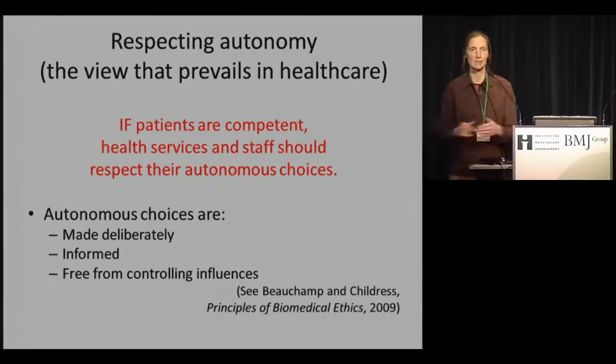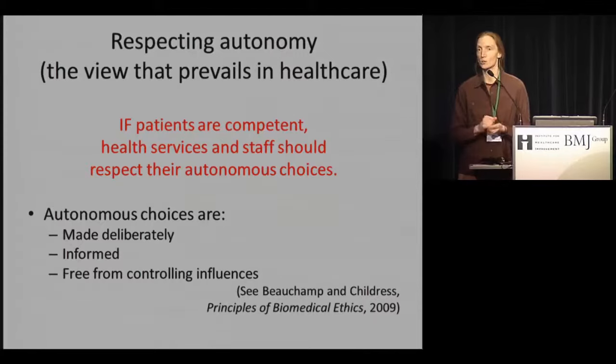We're not talking about just habits or things that people do without any thought at all, but things that they think about. To be autonomous on this theory, the choices should be informed, so the patient, to make an autonomous choice, must have some degree of understanding, and they must be substantially free from controlling influences, so the person isn't making this choice under duress or under undue pressure. Is that a view of autonomy, respect for autonomy, that some of you are familiar with? Yeah, a few nods in the audience.